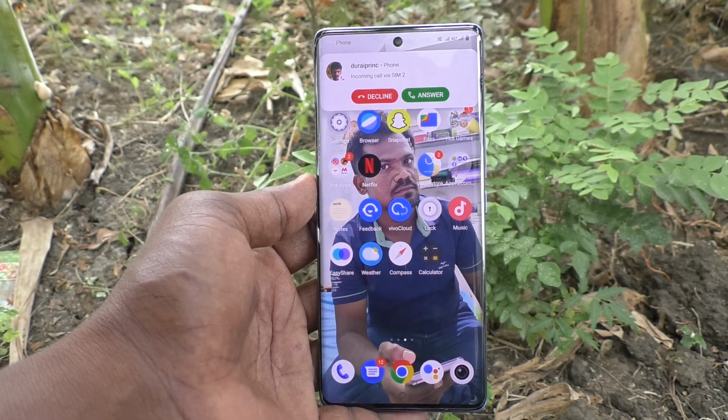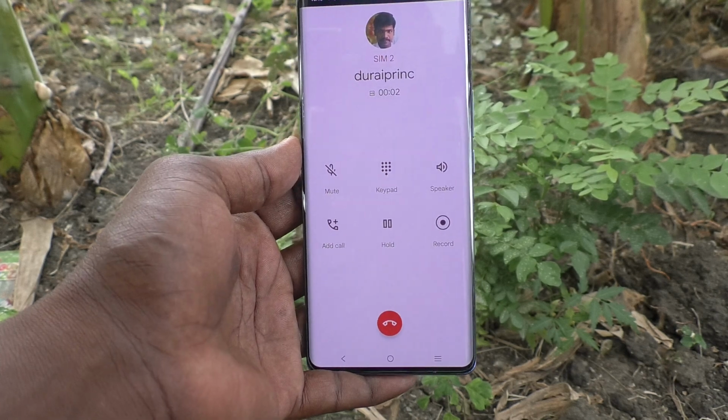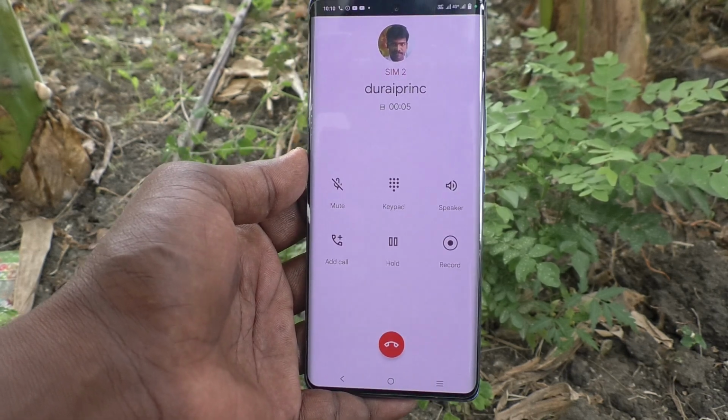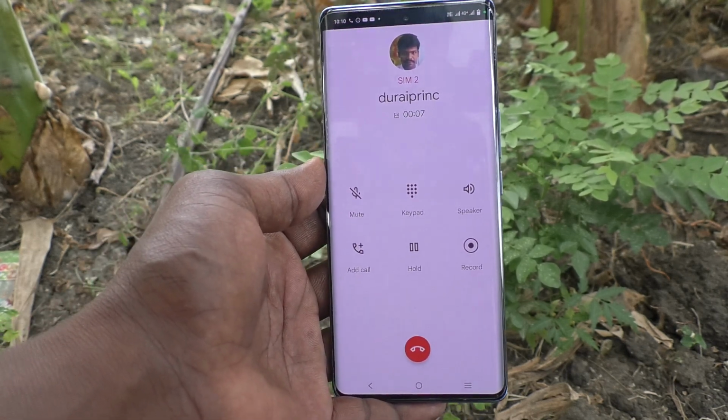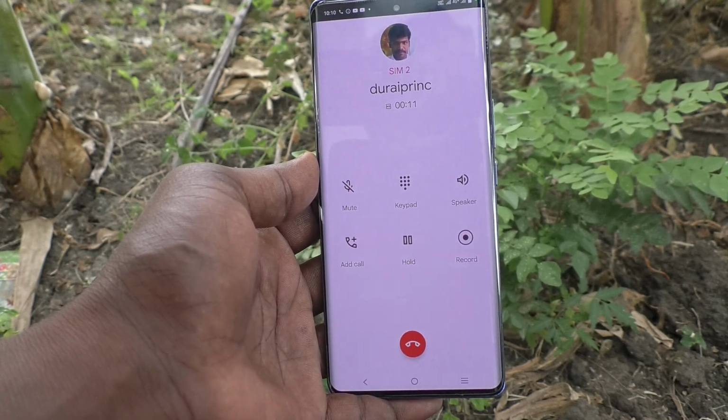Yes, I'm checking. I answer this call, and when answering, it's not going to record. It's not recording. Okay, so in this way, you can easily turn off auto call recording in your phone Vivo